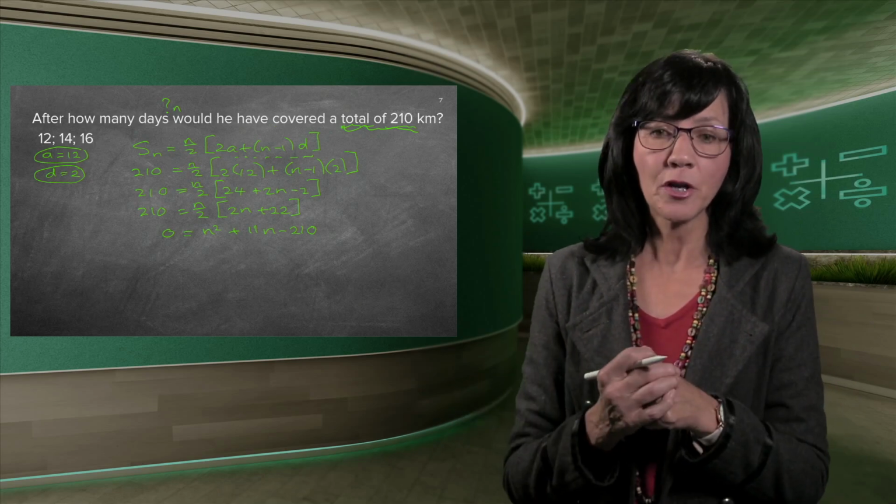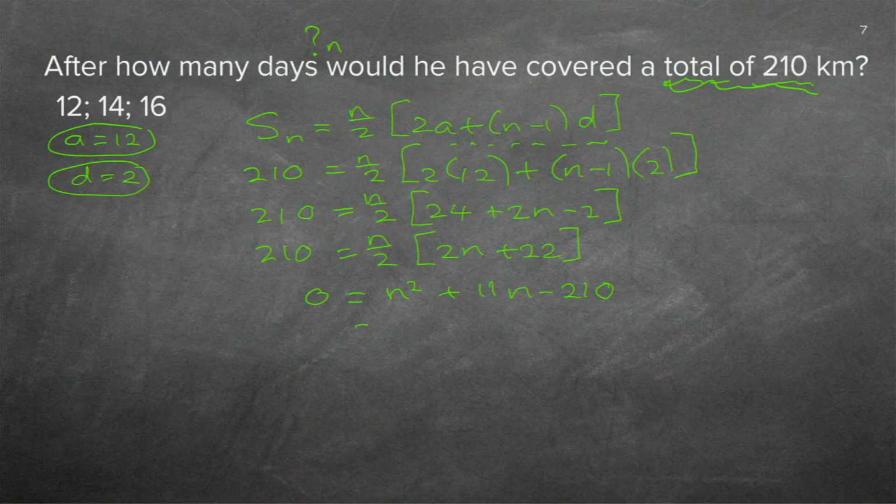But now I've got my trinomial. Maybe it's going to give me nice factors. Let's just check. What times what is 210? A nice thing to guess is maybe it's 21 times 10. And because I want 11, 21 minus 10 does give me 11. So it's plus 21 because I need a plus. And it's minus 10. Why is the one a plus and one a minus? You remember I need a minus there. So a plus times a minus gives me the minus. Equal to 0 here. So N is equal to minus 21 or N is equal to 10.